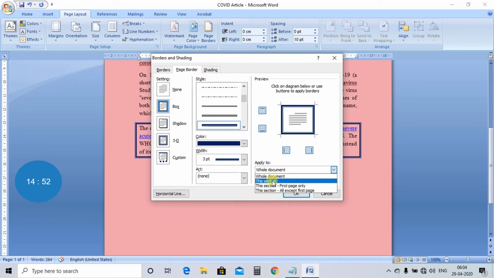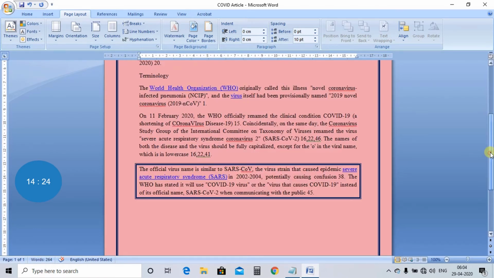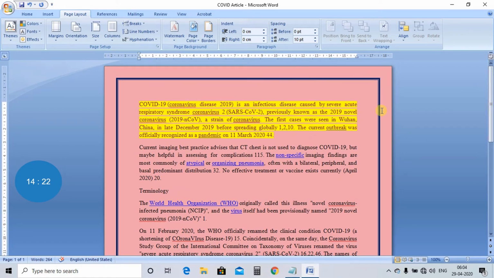This section means that only this particular page, only the first page will have a border. All except first page means if you have multiple pages in your document, so all the pages will have the border around, except the first one. We'll apply the border to our whole document and click on OK. Now see, the page border has come.